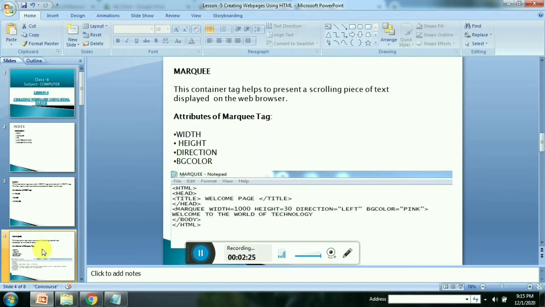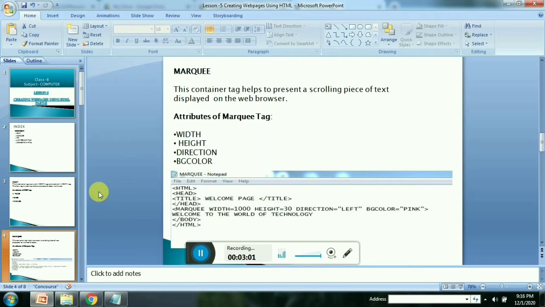The attributes of marquee are width, height, direction and bgcolor. Width specifies the width of the marquee, and height is used to specify the height of the marquee. Direction is used to specify the direction in which the marquee should scroll on the web page. Bgcolor specifies the background color of the marquee.